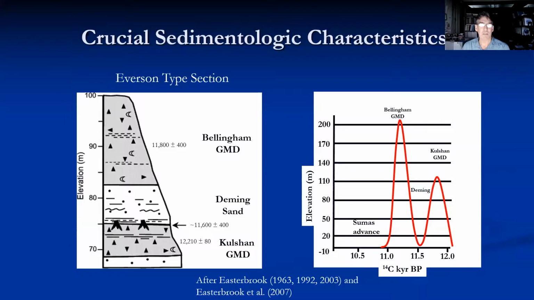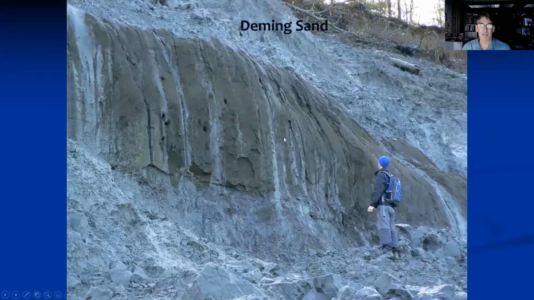But let's take a look. If you remember what I was talking about, I was wondering, is there a way we can get rid of one of these glacial marine drifts, either this one or this one, and turn it into something that's not submarine? Or can we take this Deming sand and find out that these root stumps aren't actually rooted, they floated in, so this is a marine sand, and it's just marine, marine, marine. Either one of those would help us get rid of one of those humps, and that would make a much easier situation to explain.